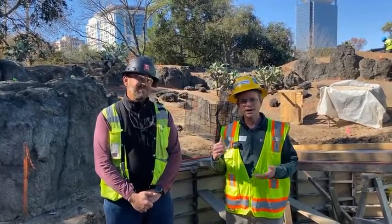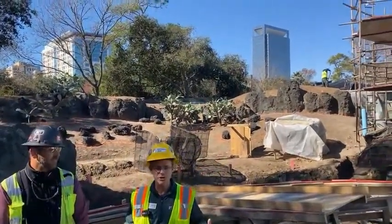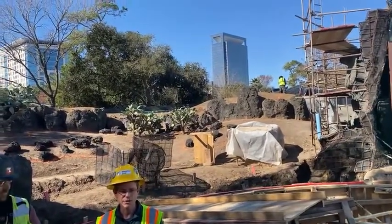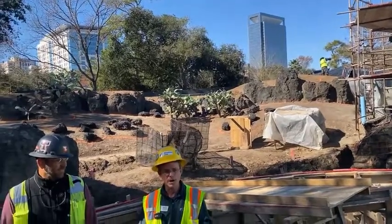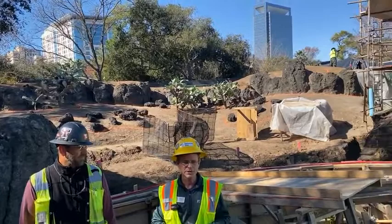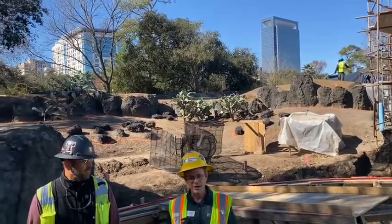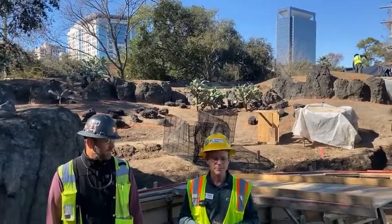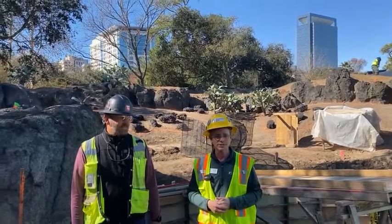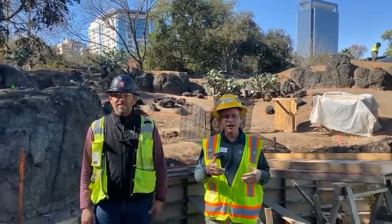So what you're seeing behind us is the Galapagos Tortoise exhibit. We're going to have 8 really large Galapagos tortoises, an iconic species for the Galapagos Islands, right back here. They'll have a pool, a wallow, and a place where you can get up close, face to face with these tortoises. Right now, our largest tortoise weighs around 200 pounds, but they can be over 500 pounds. These are the world's largest tortoises in the wild. And we have a lot to see today, so we're going to continue moving. Next,